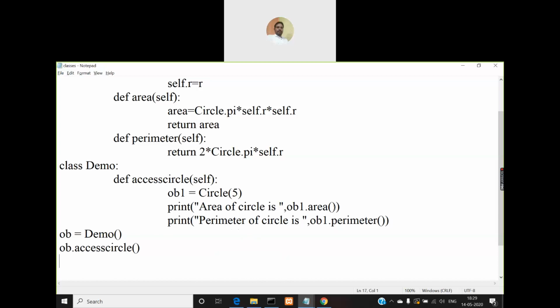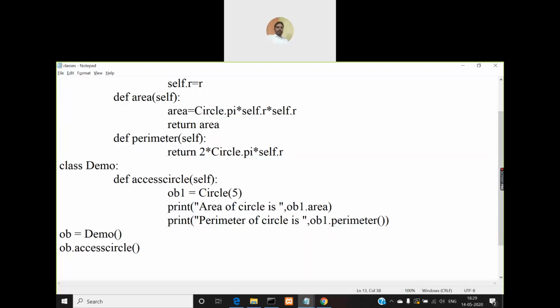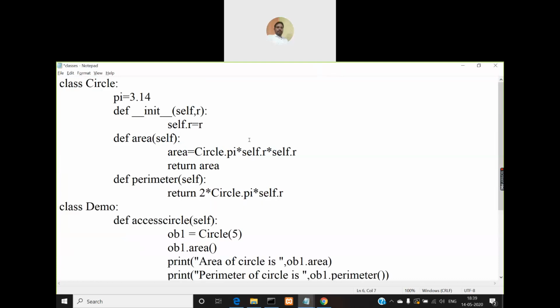Let me write here instead of this one. This will work only when you use a variable name exactly matching the method name.